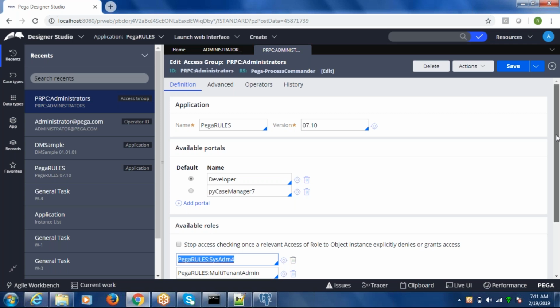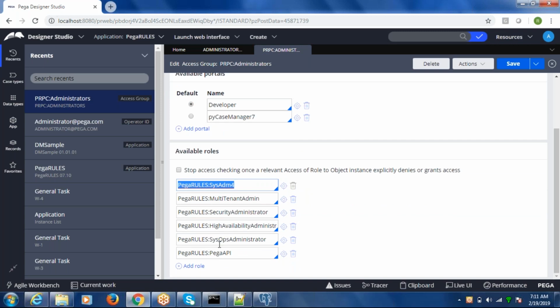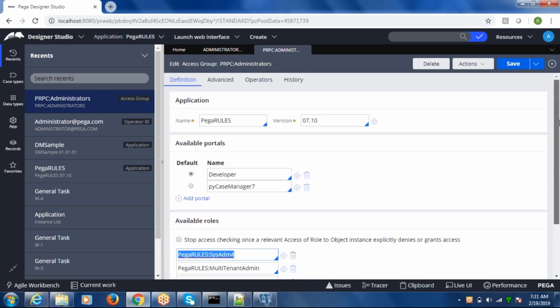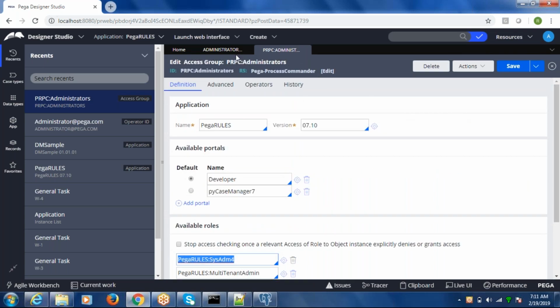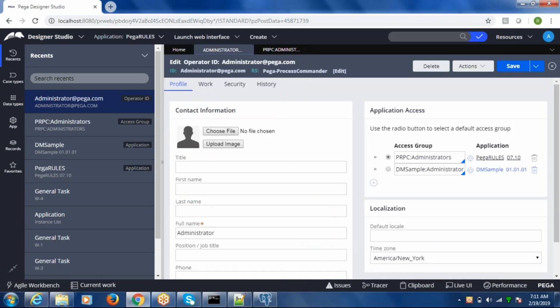There are certain roles which you specify, and these roles determine your application accessibility. In that way, we restrict different sets of users who have different responsibilities. Each user with a different set of responsibilities will have their own access group.